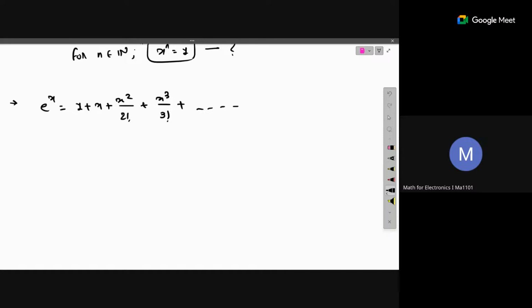We know that e to the power x can be expressed by this power series for any x belonging to the real numbers. And why is this the case? We already know that the radius of convergence of this power series is the whole real line. So that's why we can define a function using a power series whose domain is the whole real line. Now our aim is to define e to the power